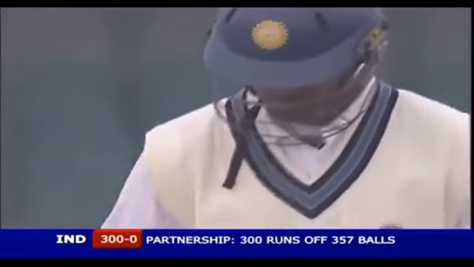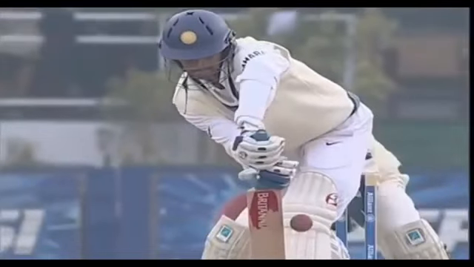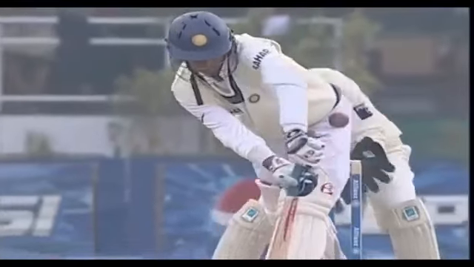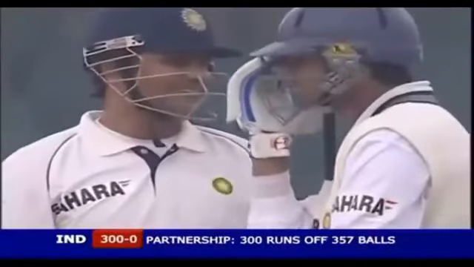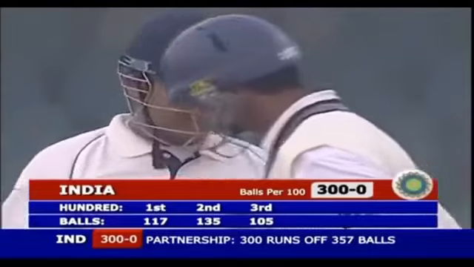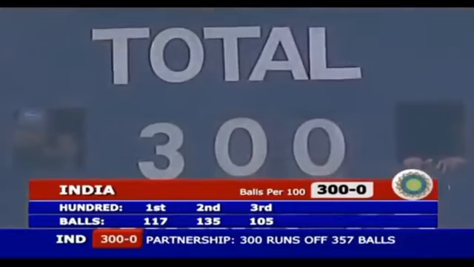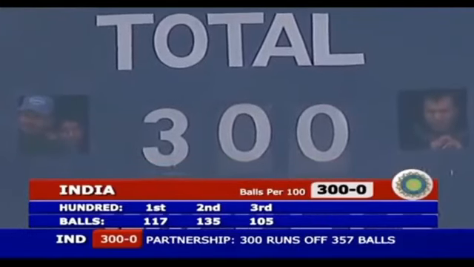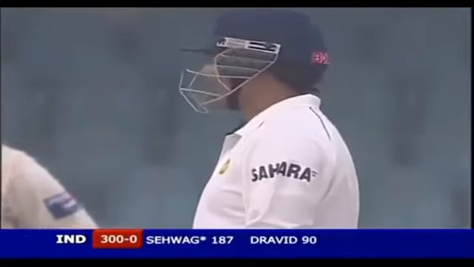Well, that is a terrific shot, but let's take a look at Rahul Dravid. Last ball, last over, that vociferous appeal. Nowhere near it. Didn't play it. Didn't get an edge. But the point is, why was he trying to play a defensive shot to a ball coming in from outside the leg stump? Well, the third 100 has come in 105 balls. It's almost a run a ball. You can imagine the domination at the moment. It's only the 11th occasion in the history of Test cricket that the opening partnership has gone past 300.